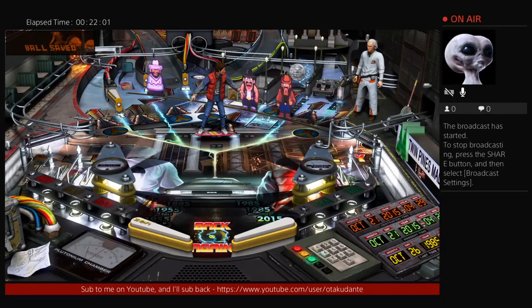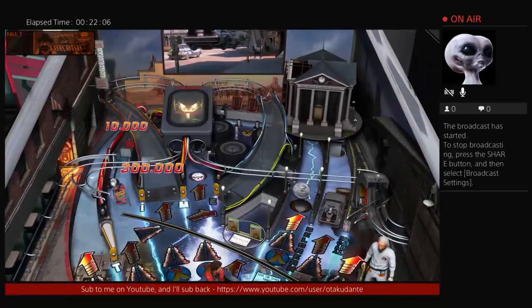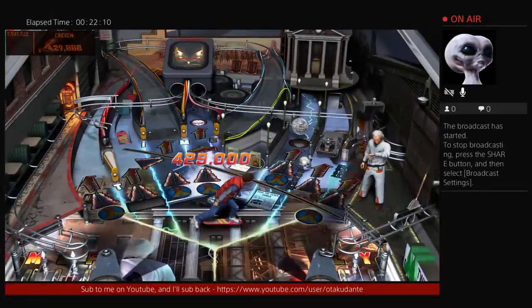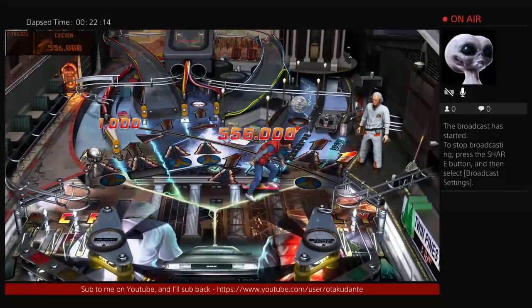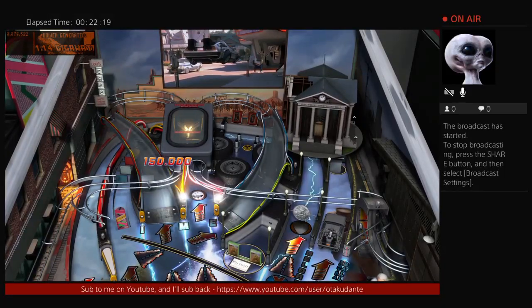So that's pretty cool. I thought that was pretty cool. It's mimicking the part where he was on the water trying to escape from Biff and his gang in, I guess, the second movie. Maybe the first, I don't know. Memory's a bit fuzzy with that, but